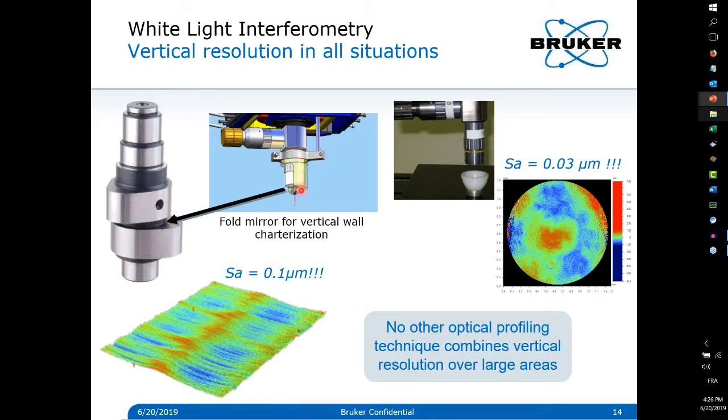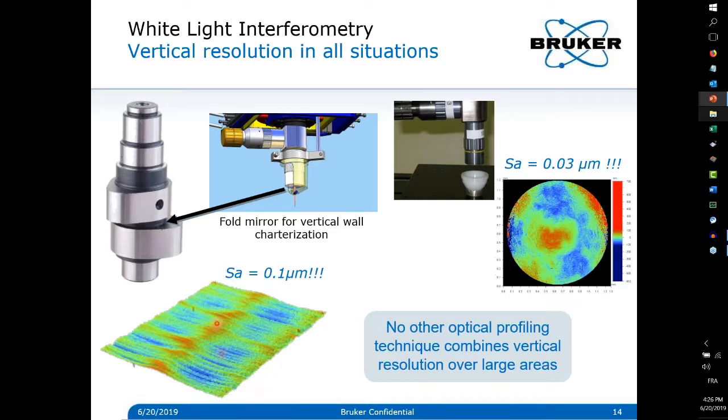The same applies with an objective and mirrors that deflect the light horizontally, so we can measure vertical wall roughness. In that case, we see on the crankshaft the chatter of the CNC tool that creates a roughness around 0.1 microns, and